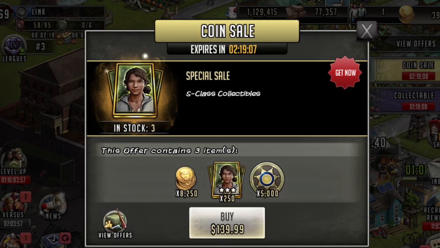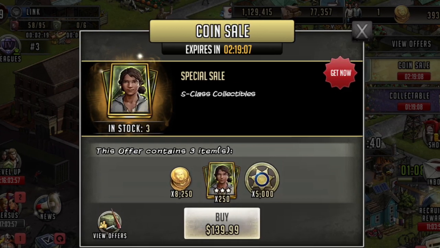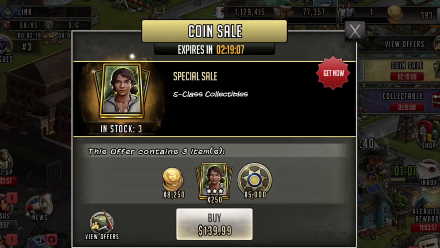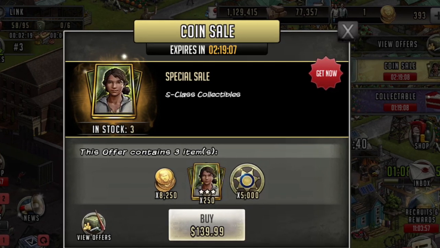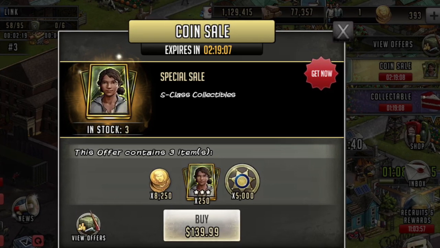I wouldn't really suggest this because 250 cards is quite low in my opinion, especially because you need 10,000 cards in order to get 2 normal Clementines and then 6,000 cards in order to get the S-Class version, so 10,000 cards total. 250 cards is a whoopin' 2.5% of the number of cards that you need if you don't end